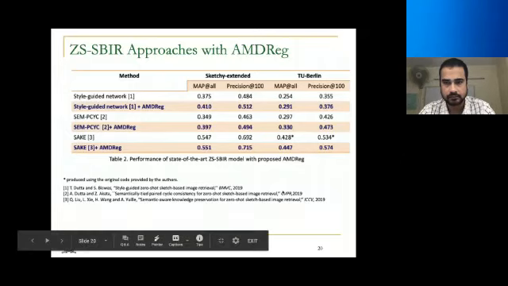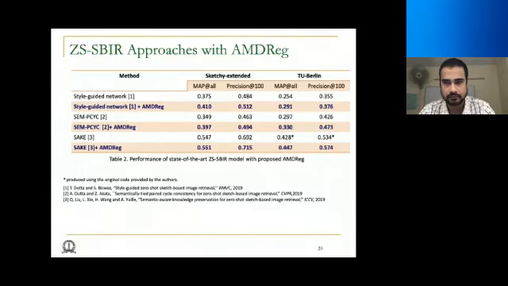We tried with the three recent ones. One is the BMVC work, which I explained before. The other two are the CVPR19 and ICCV19. So these are the three approaches. We took the baseline approach and we just incorporated this AMD regularizer, and you see that with no further modifications of the base algorithm, the results do improve to a reasonable extent.